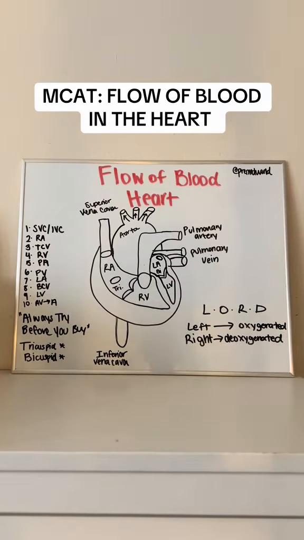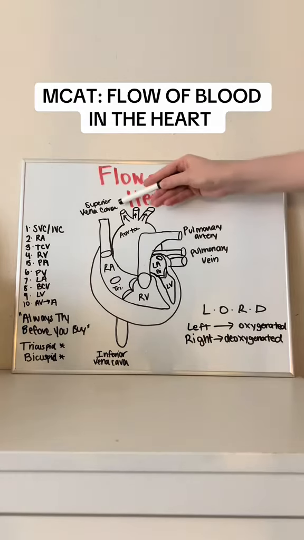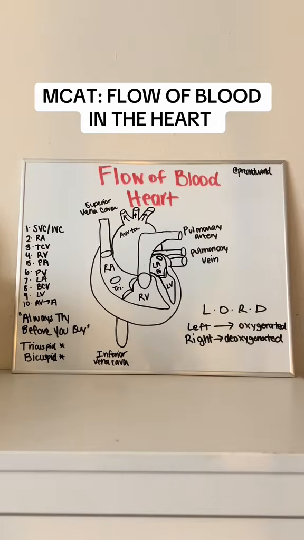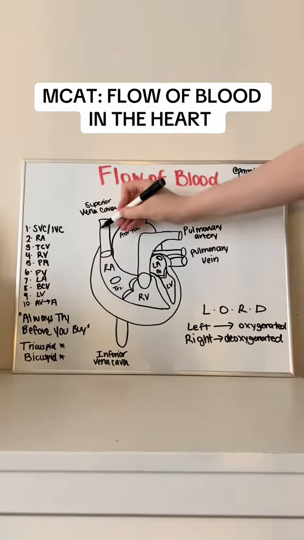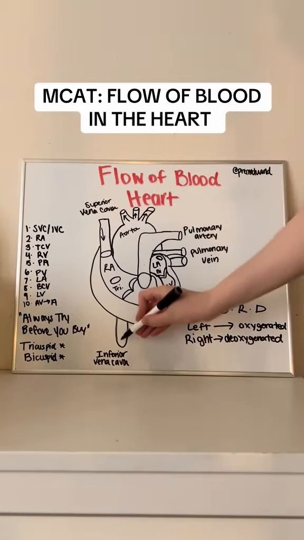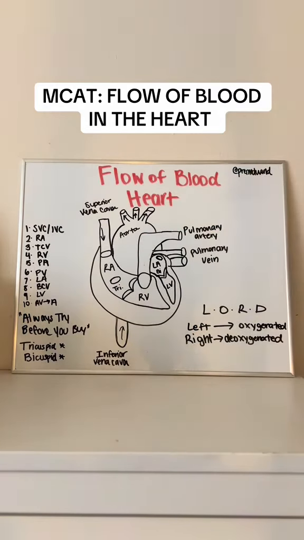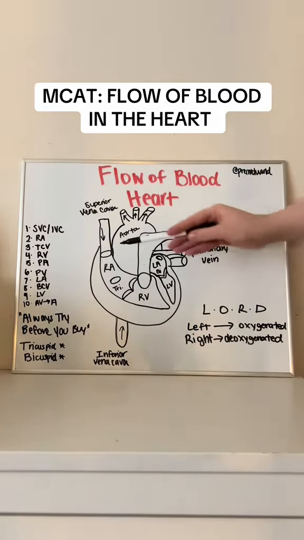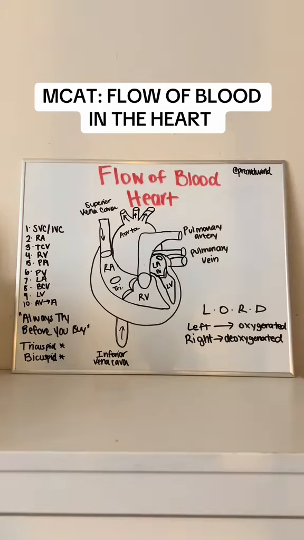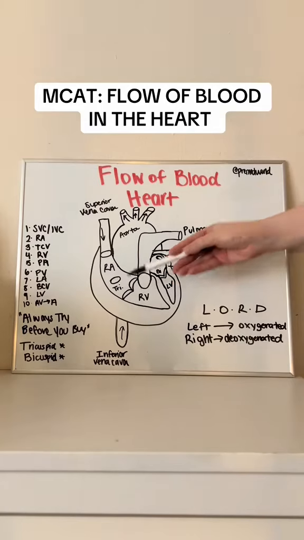Now, starting with the superior and inferior vena cava, deoxygenated blood enters the right atrium through these veins. The blood then accumulates in the right atrium before contracting and pushing through the tricuspid valves, which prevents the backflow of blood into the right atrium. And after going through the tricuspid valve, deoxygenated blood enters the right ventricle for contraction to push towards the lungs